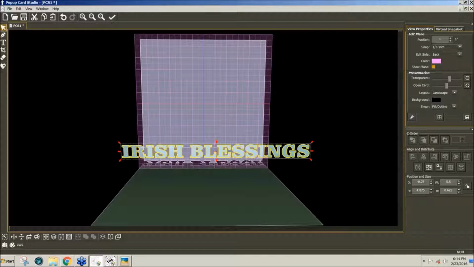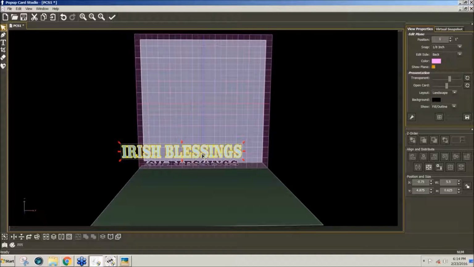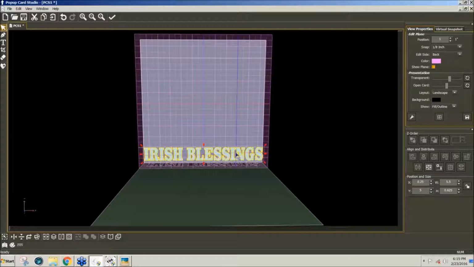Since my card is 6 inches, I'll leave 1/4 of an inch on each side. And before I do anything else, I need to crop off the top and the bottoms of these letters so that they're all straight across. So I'm going to click on this cropping tool on the left toolbar,